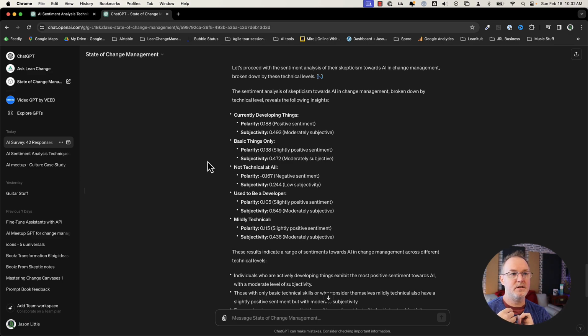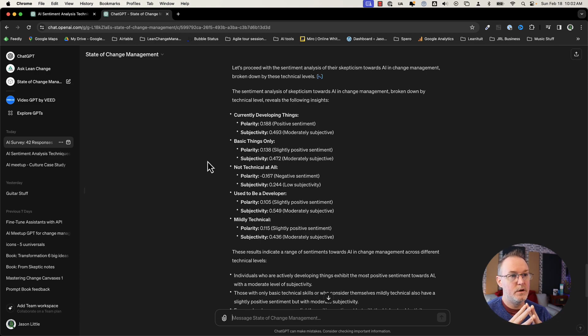Currently developing things was the question for people who are highly technical. They had a 0.18 positivity sentiment. And people who were not technical at all had a negative 0.16. So, woohoo, hypothesis validated, I guess. People who did basic things, so basically everybody, had a positive sentiment, except for people who were not technical, and they had very low subjectivity scores. So this data